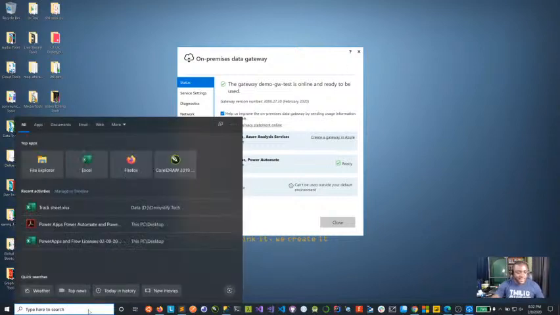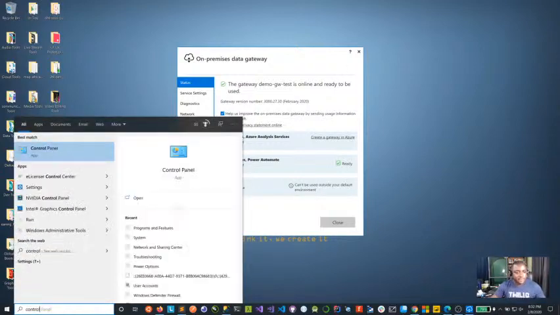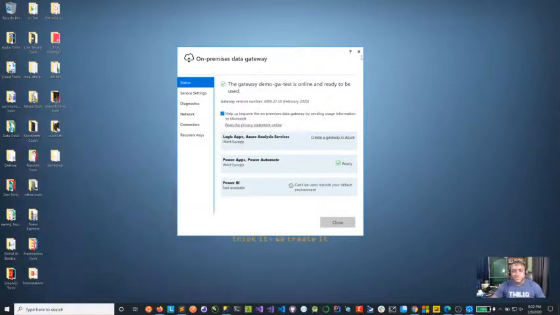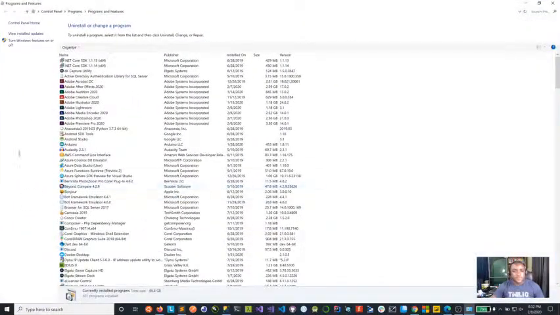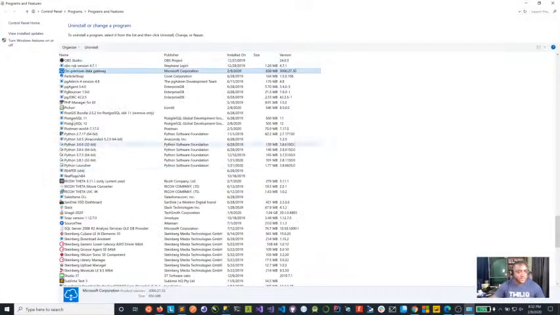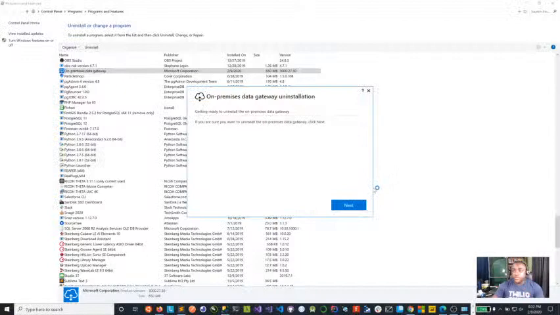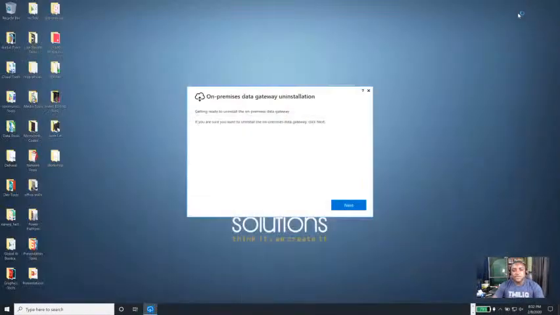So I'm going to go ahead and uninstall this from programs and features, so I can close this because I want us to go through the same thing again. There's a lot of things on my machine, so on-premise data gateway, I'm going to uninstall this. Yes. And it's just a subtle change to make the region work. Most times you might probably skip it, but it's right there in front of you. So let's go for that. So next,